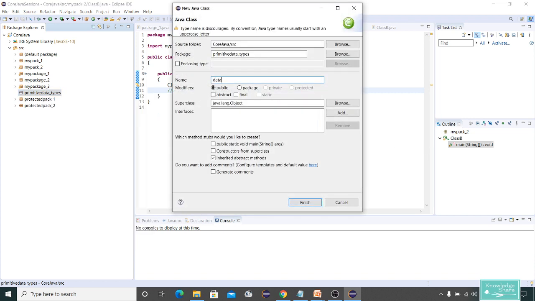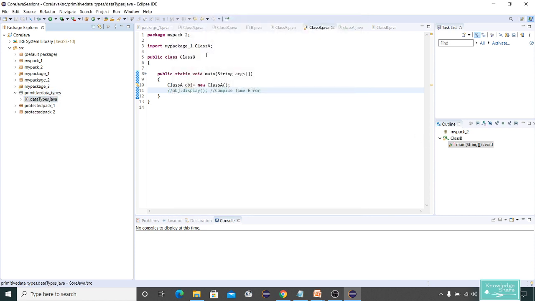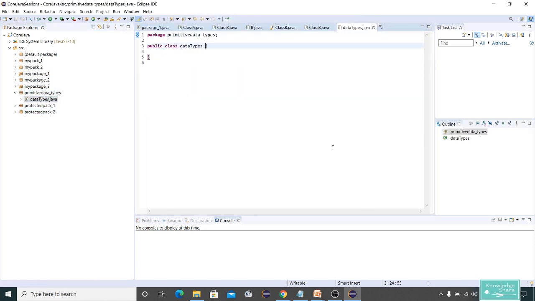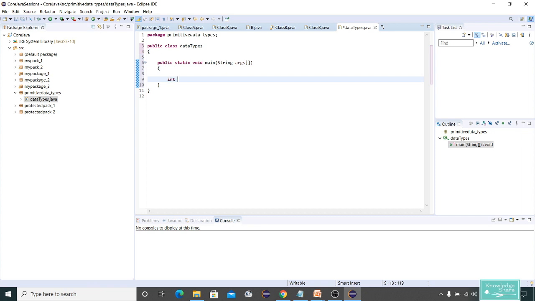I'll call it data types. Let me create a main method. Let's see one by one.